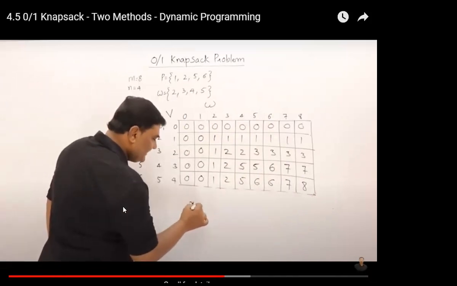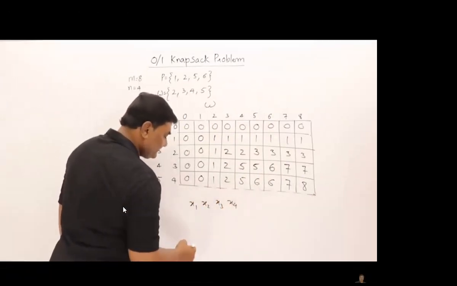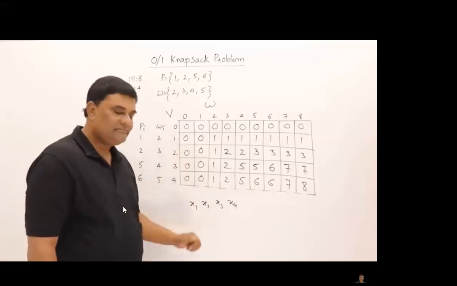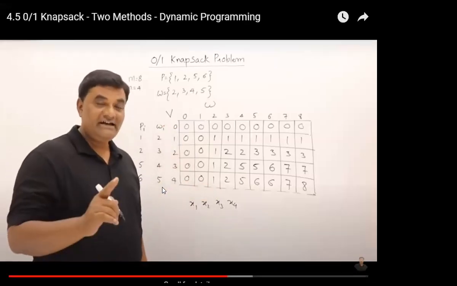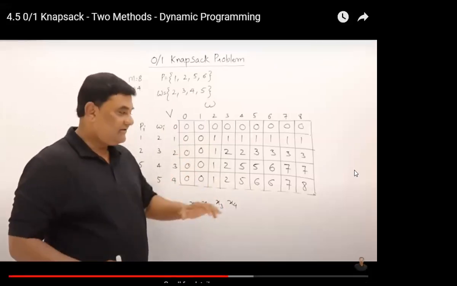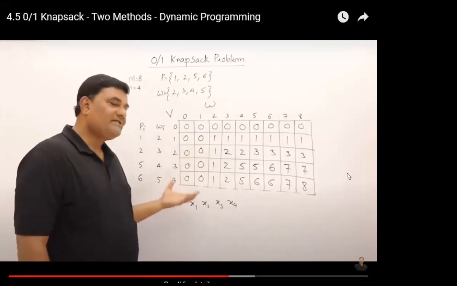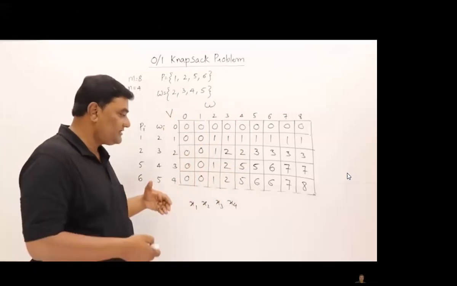I have to write down x1, x2, x3, x4 values. Now for finding these answers, actually I'll be taking a sequence of decisions. See, the decisions can be taken only if you have the data. Yes, we have kept the data ready. The formula was used for filling this data. Now I have to take the sequence of decisions. So how to solve? So actually I have to know which object should be included and which should not be